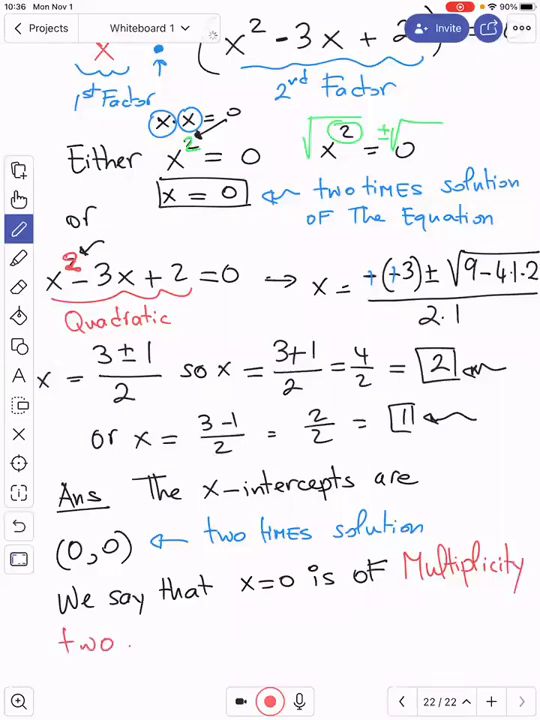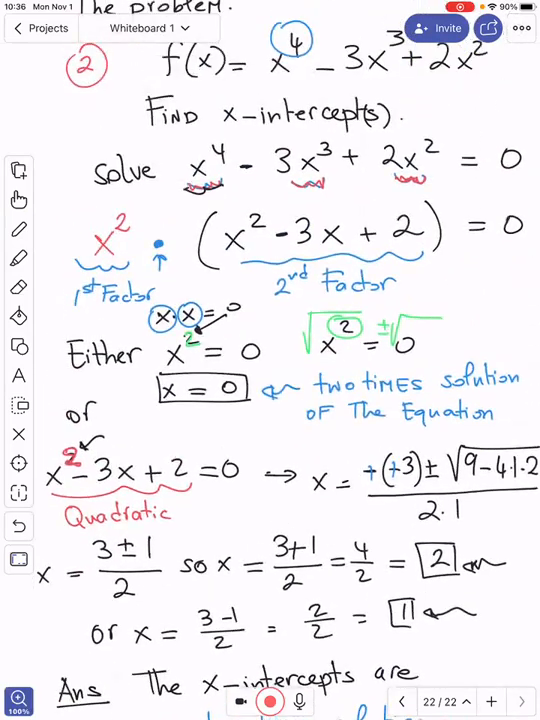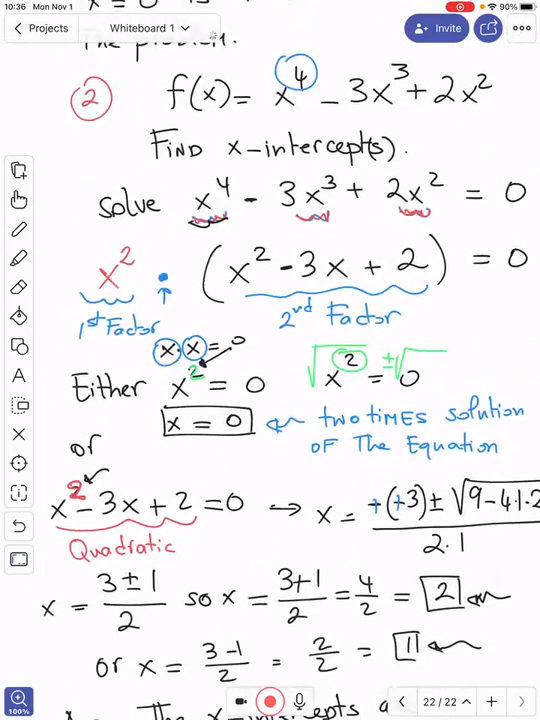It's of multiplicity 2 because... Beijing, you have a question? Yeah, when you said 2 times solution of the equation, that's what I don't understand. Yeah, 2 times solution means